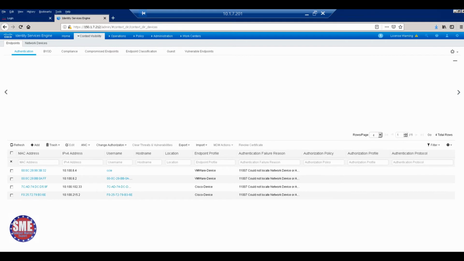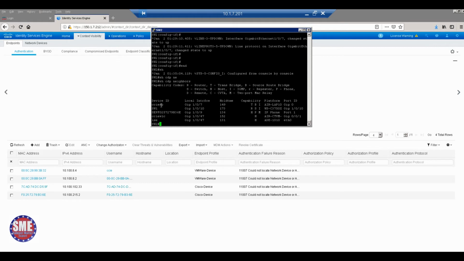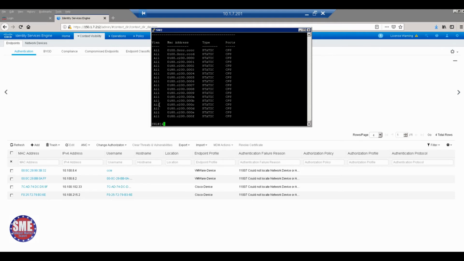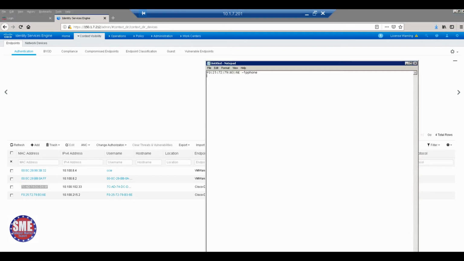So what's the next one? You can check it. AP already connected in which port? 7. So show mac address-table, right? So you can give interface also. Interface G1/0/7, right? This is the Mac 7C AD 74 DC 7C AD. This one, right? Okay. Because see the Mac entering format is different. 2 portion colon, 2 portion colon. This is the format, right? That's why I'm copying from here. Otherwise, we need to again waste time for this one. This is for AP, right?